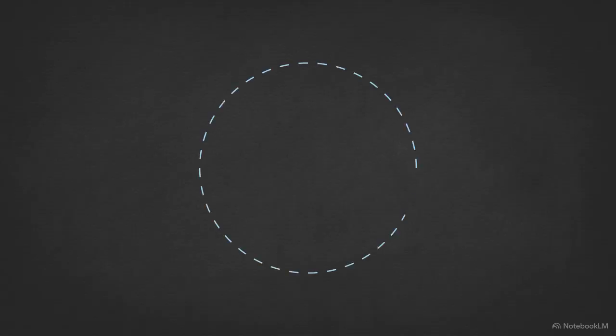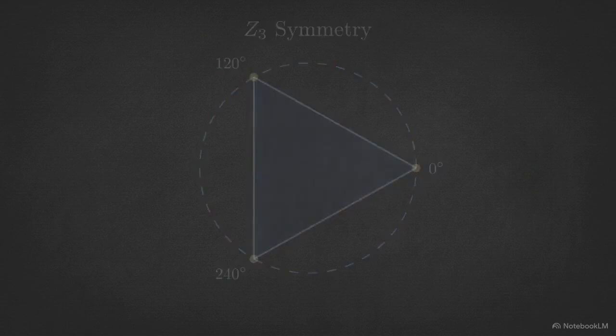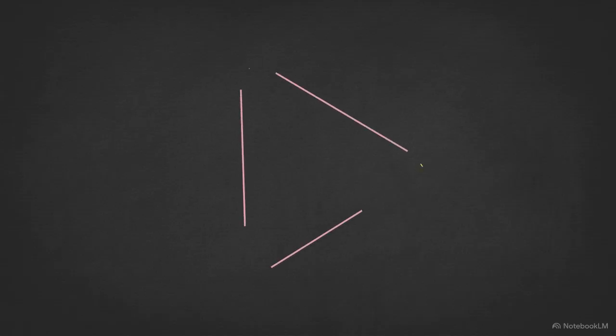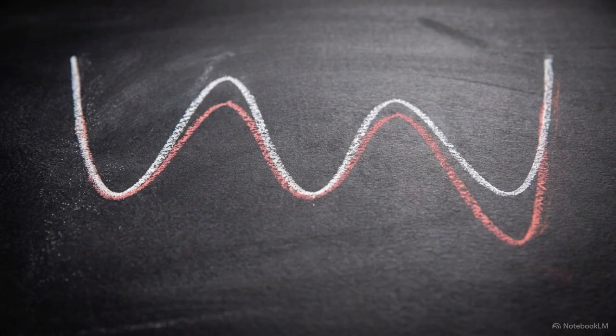Geometric phase and Z3 invariance together mandate this uniform threefold structure. This leads to a final question. If the Z3 symmetry were broken at the start, would the later structure still have any reason to prefer threefold organization? Our next lesson will examine how these perfect minima respond when the system